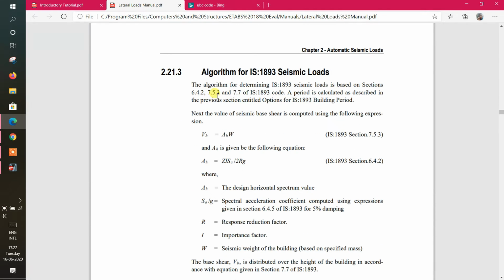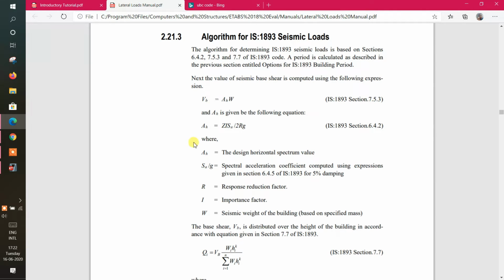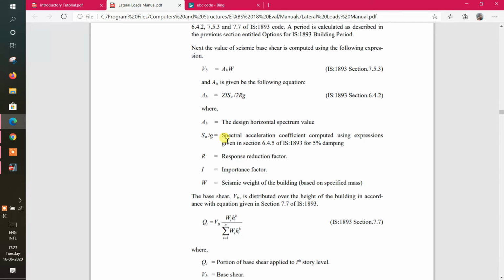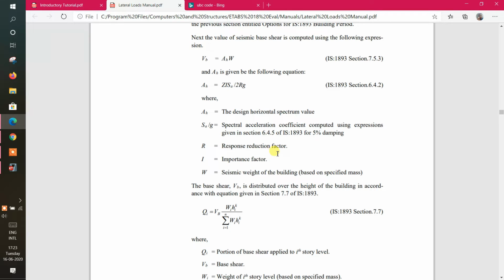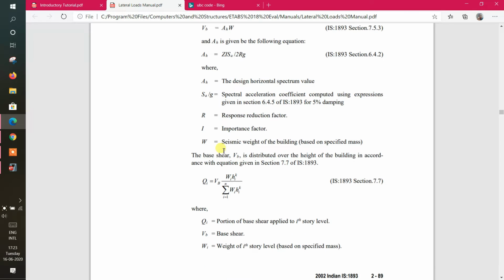Just go down, guys. This is the main thing where we can learn. VB is nothing but base shear, guys. Yeah, here you can see base shear. I'm taking too long. Okay, I'm going to get earlier. This formula is for the response spectrum method. Okay, yeah, spectral value, response spectrum method, guys. Ah and Sa by g, and response reduction factor or importance factor is maximum one only, guys.